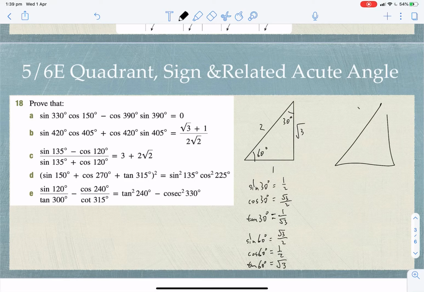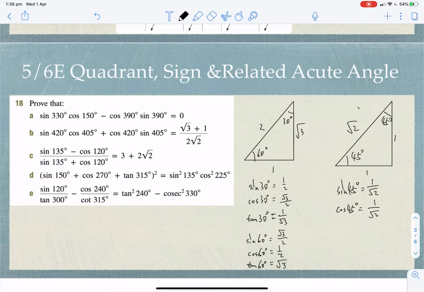Not as good as I thought. Okay, this is a 45-degree angle. 45 by 45 means it's isosceles, so we do 1, 1 on both sides. If you use Pythagoras, the hypotenuse is square root of 2. And sine 45 degrees is opposite over hypotenuse, so 1 over square root of 2, and then cos is the same,